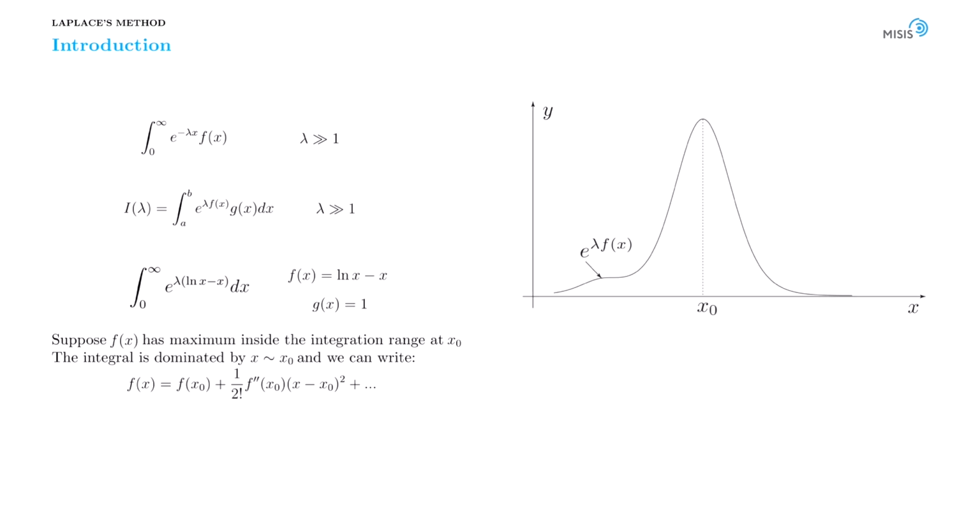And in this case, we of course are not interested in full details of the function f of x, but instead we are only interested in details of its structure in the vicinity of the extremum. And in this case, we can substitute the full function f of x by its Taylor series. And in this expression, which you see on the left-hand side, notice that there is no term proportional to x minus x0. This is, of course, an immediate consequence of extremality of the function f of x at point x0. As a result of such approximation, we already see that our Laplace integral simplifies, mostly due to substitution of the full form of f of x by its Taylor expansion. And on the right-hand side, you see how the plot is modified.